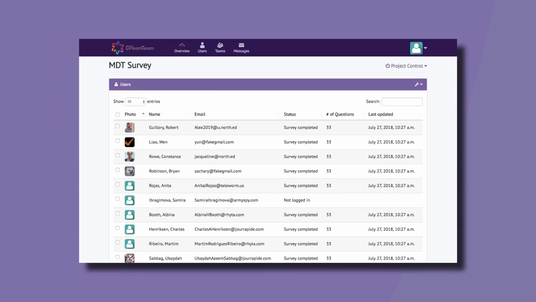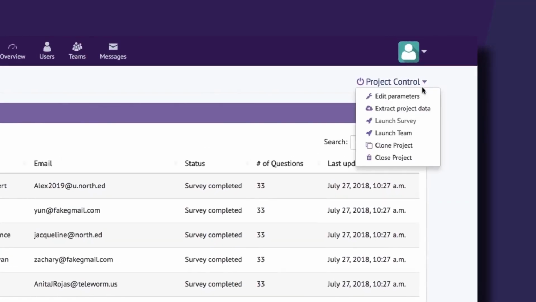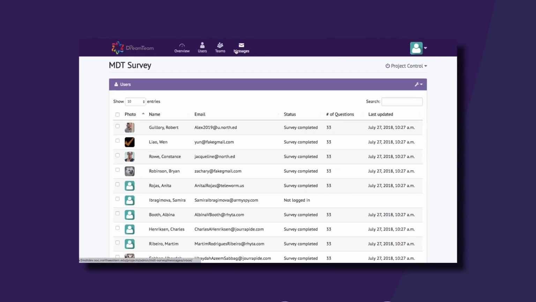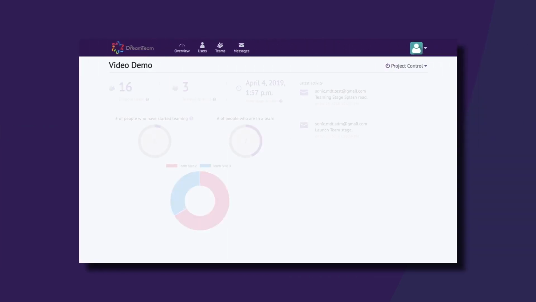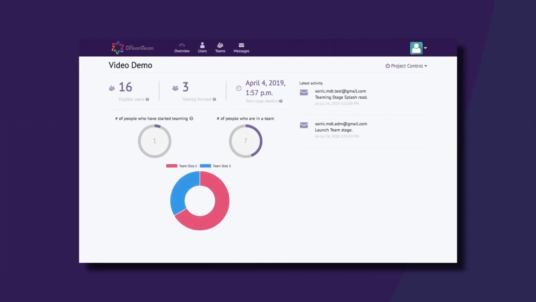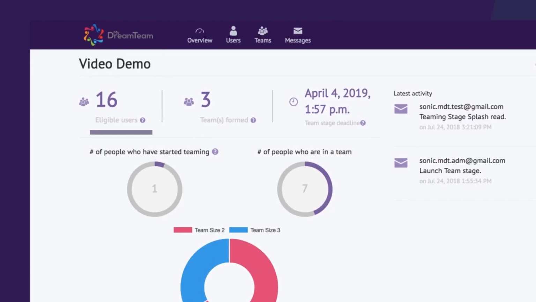After participants complete the initial survey, you can select Launch Team from the Project Control drop-down bar. Launching your team will send users a third email telling them to start exploring and searching for teammates. Your project is now in the team stage. By clicking on your project, you will be taken to the overview page. This page now shows how many eligible users there are, how many teams have formed, deadlines you have set, and